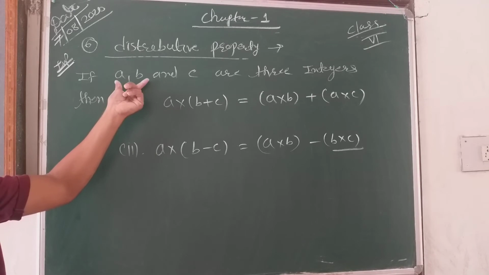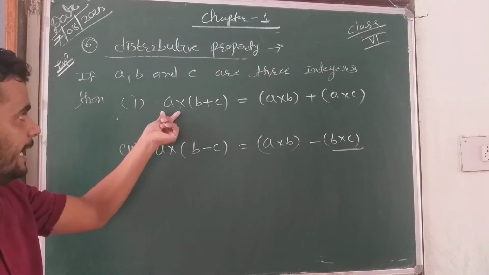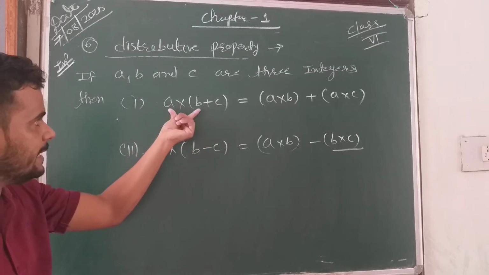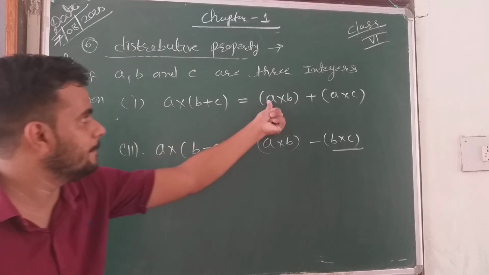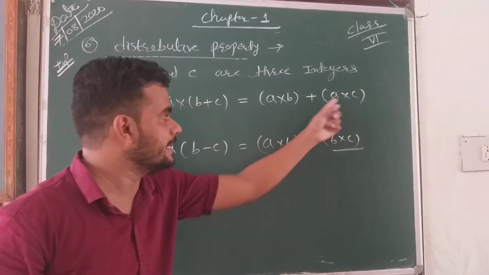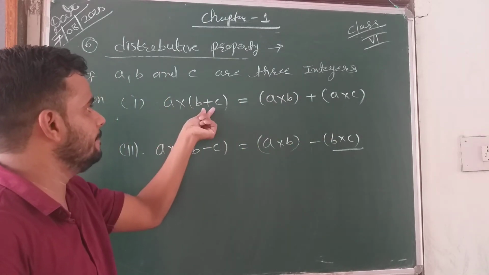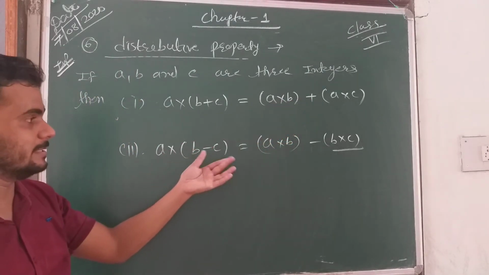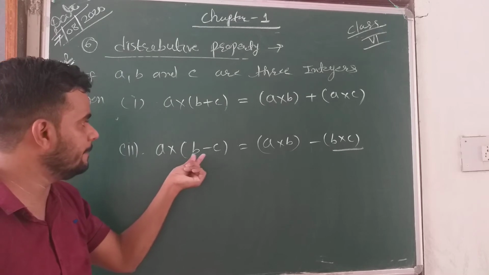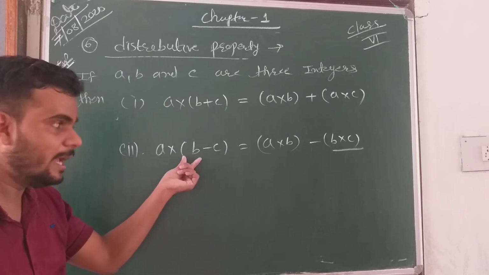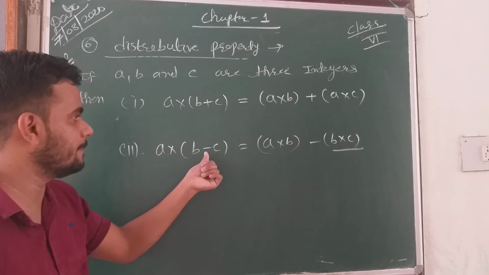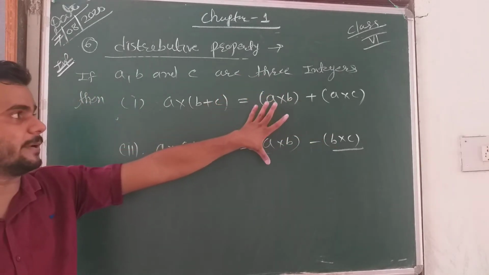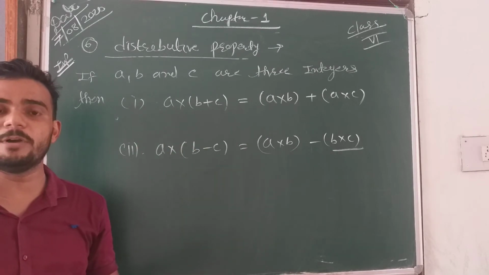If we have three integers a, b and c, then a multiply (b plus c): we make it separate, a multiply b, afterwards a multiply c. We multiply a with both of these, then the symbol in between is addition, so we add both. Like this for subtraction also: a multiply (b minus c) is a multiply b, afterwards a multiply c, and the symbol is subtraction, so we make it minus. This is the most useful property for solving questions. Just write it in a notebook and see carefully.